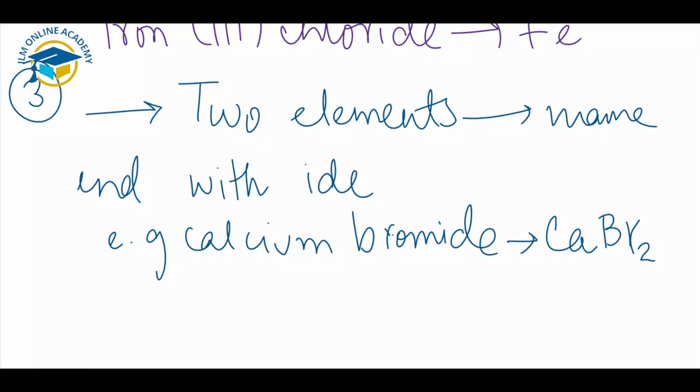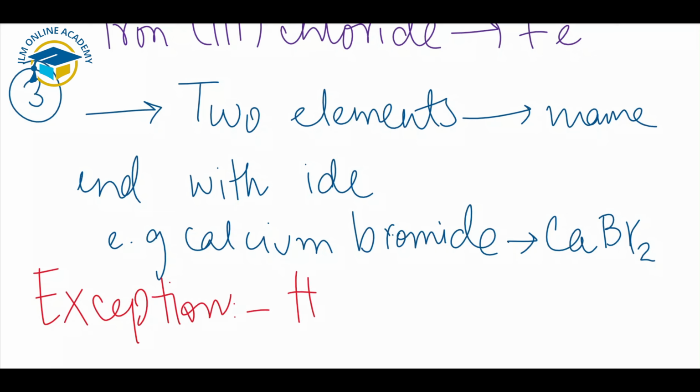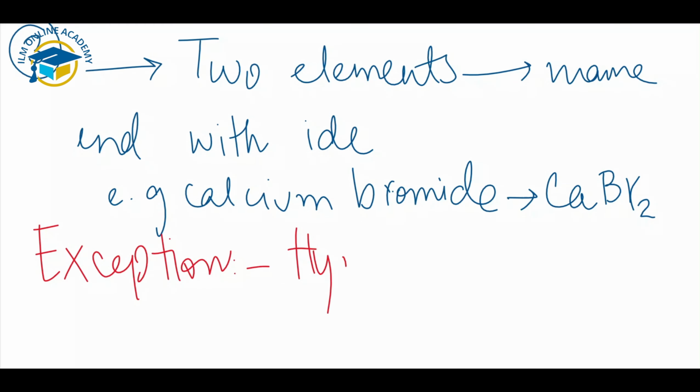We have magnesium nitride Mg3N2, which also ends with IDE, because this compound contains only two types of elements. The important exception to this rule is hydroxides. Hydroxides contain hydroxide ions, OH- ions, and for these ions we have an exception. So in the case of hydroxides, the name does not end with IDE. For example, we have sodium hydroxide, and some other examples. So this is the third rule, and the next one, the fourth rule, will be